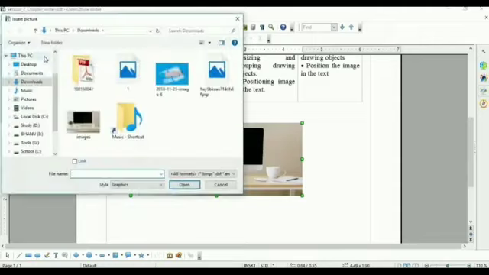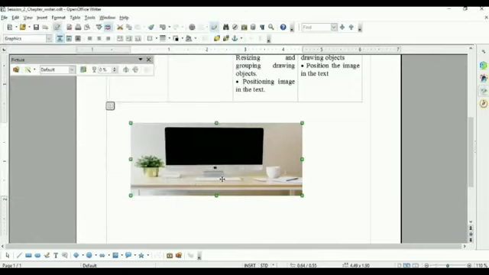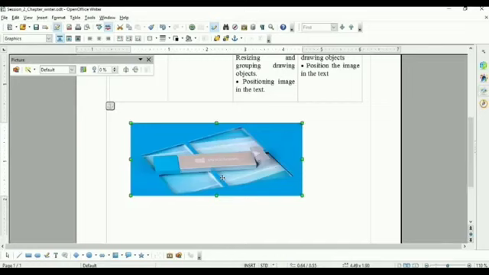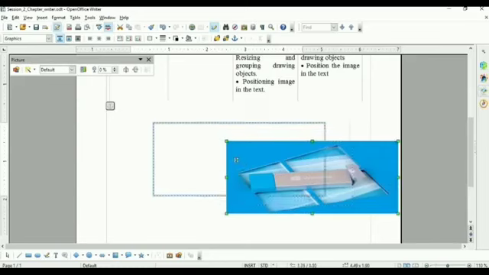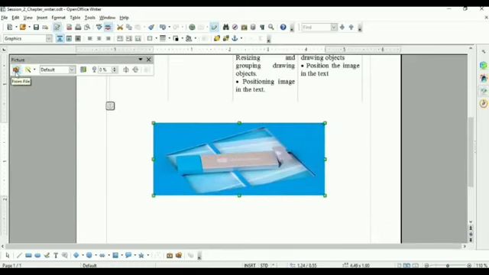Select this from file, again the gallery will open. Now select another file, then click on open. This file will swap with the new file. Means the new image will appear in place of that. See this. You can interchange the file with the help of this from file option.